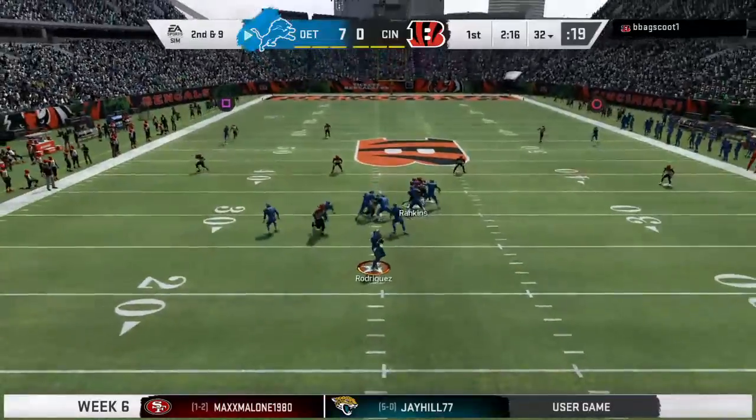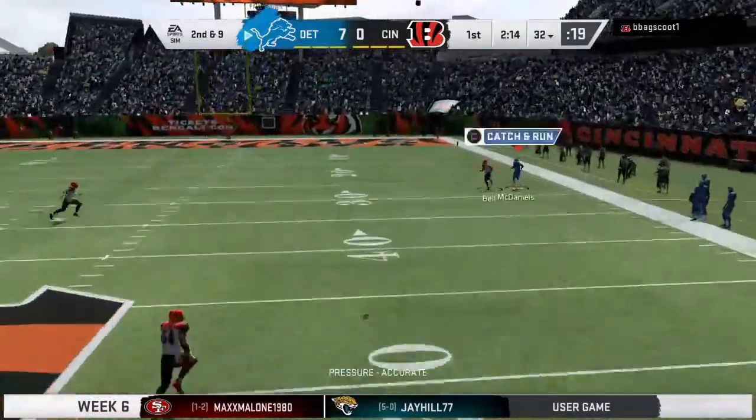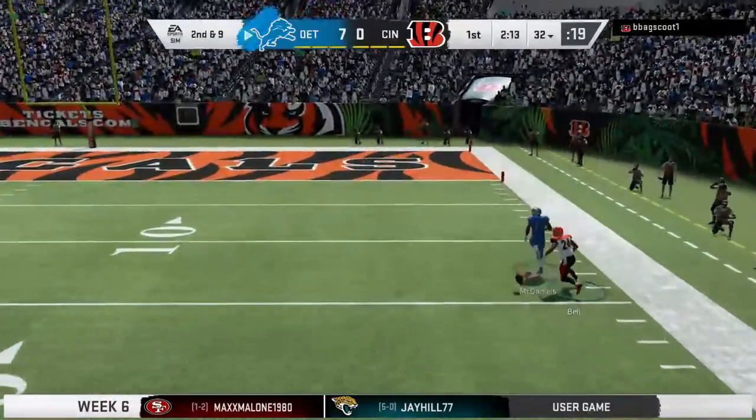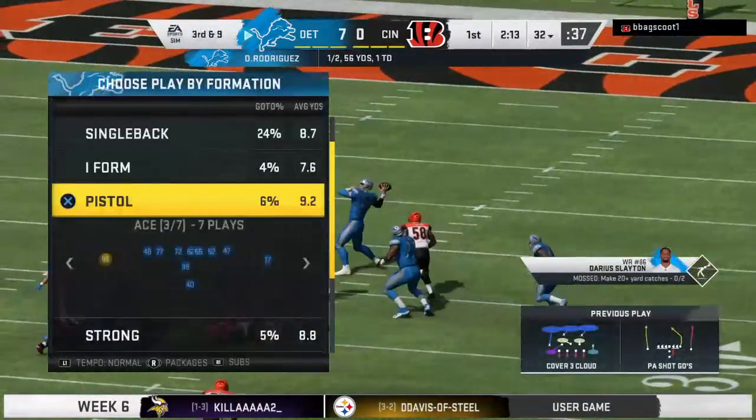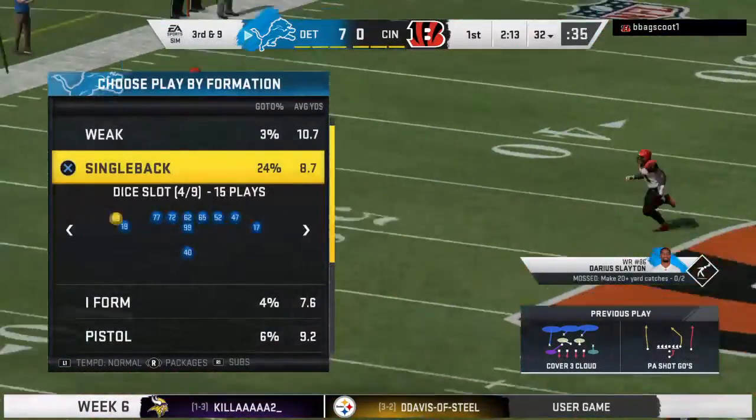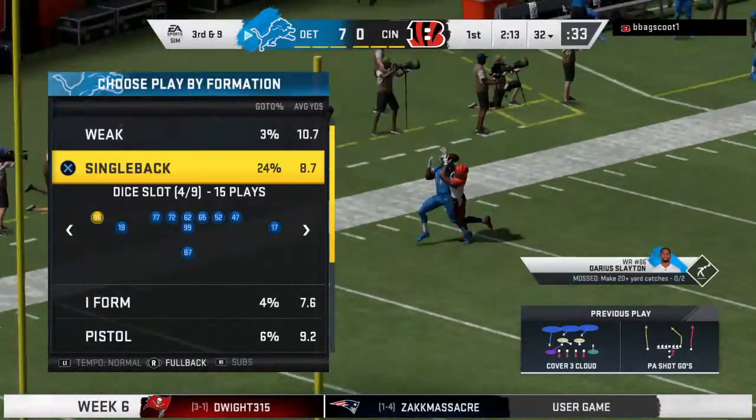Rodriguez now. Off play action. He'll rifle this one deep right side. And that's going to be incomplete. Good effort there trying to take a shot, but it's 3rd down. Well, that certainly looked like something that they just...